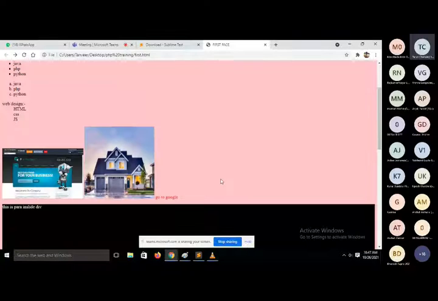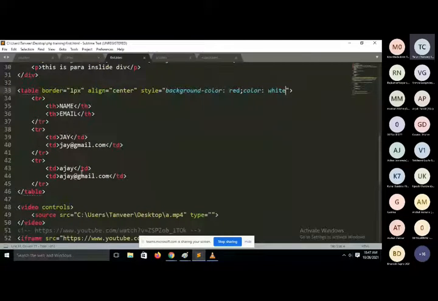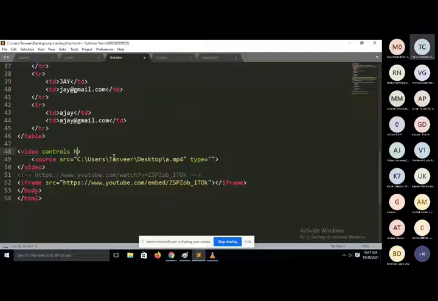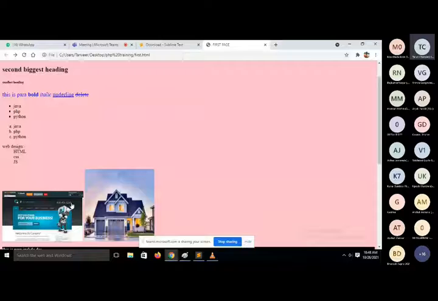So basically these all are the properties which we can apply in any tag. I just want to resize this video. Yes, you can do this with the help of what? Height and width property. So height of video, I just want to use 50%, not pixels, and width of video, I just want to use also as 50%. I just want to use this video as 50% of height and width. See, so these all are the properties which we will basically apply in tags, and these all are the commonly used tags which we will use to create our web page.